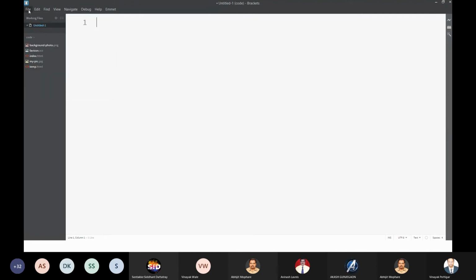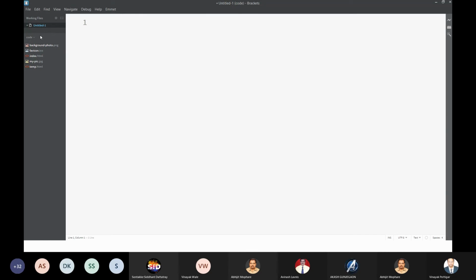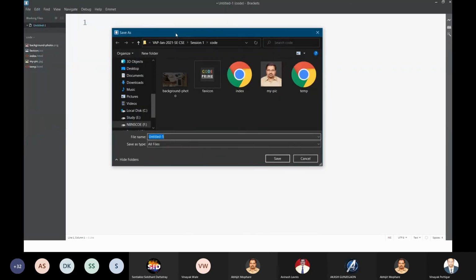How do I create that file? Going into the file menu and then clicking new. When I click on new, one untitled file is created. Go to that untitled file, right click your mouse button and save it. When you click save, you will get the save as box.